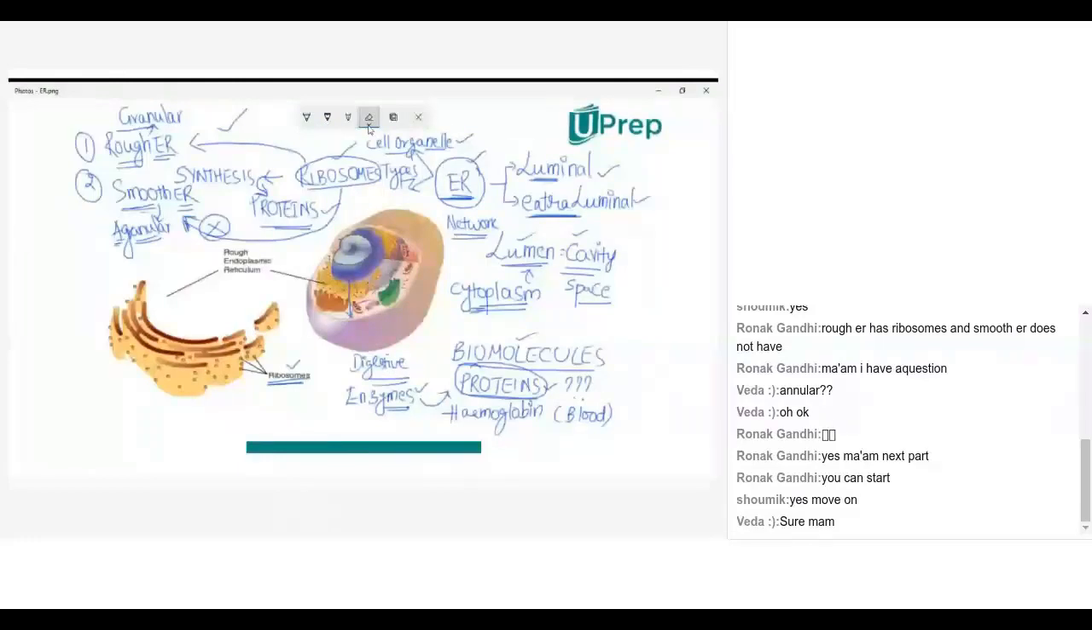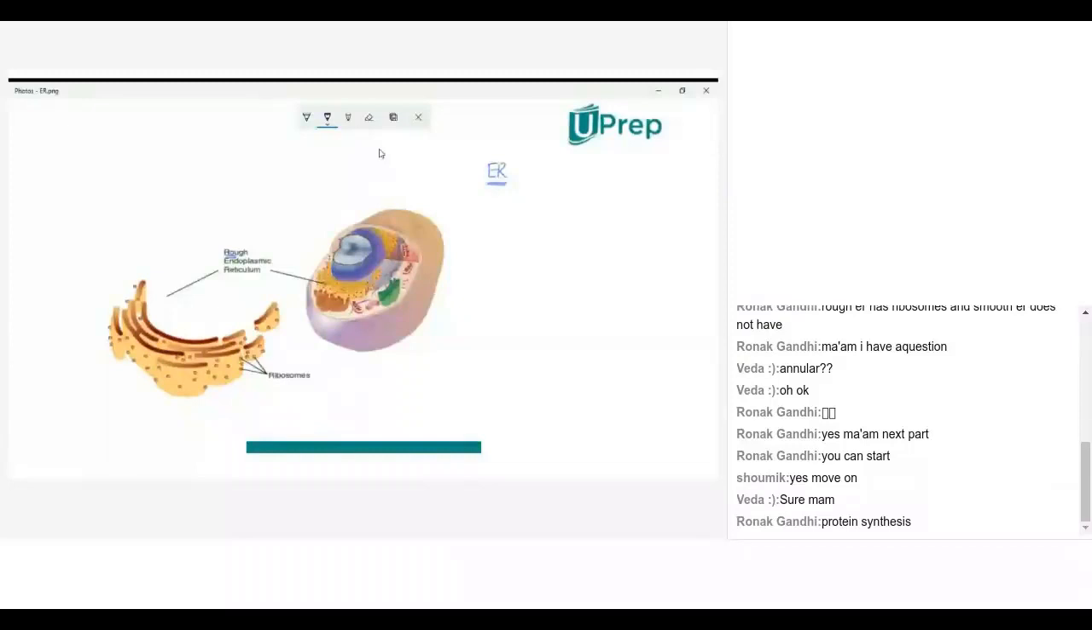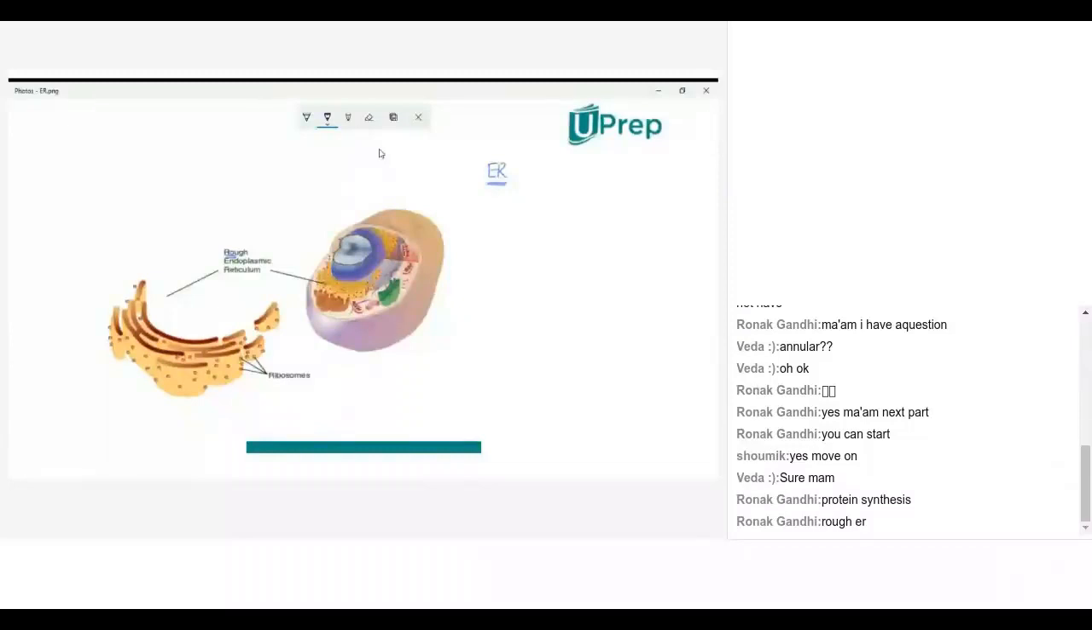When you take the rough endoplasmic reticulum or the smooth endoplasmic reticulum, generally the endoplasmic reticulum will perform some functions. After discussing the functions of the endoplasmic reticulum, we'll get into the rough part and the smooth part. When you take the functions of the endoplasmic reticulum,